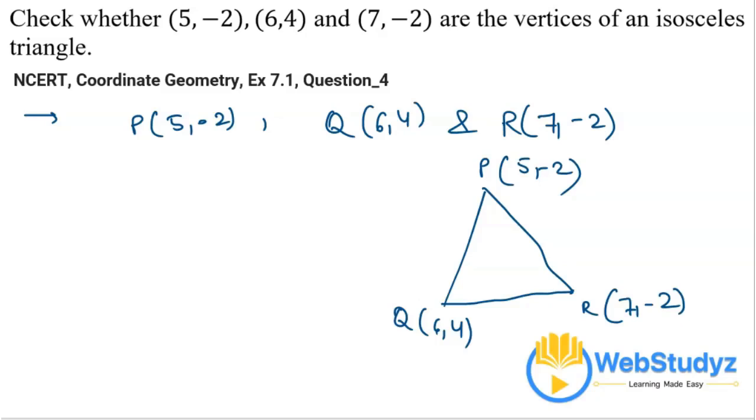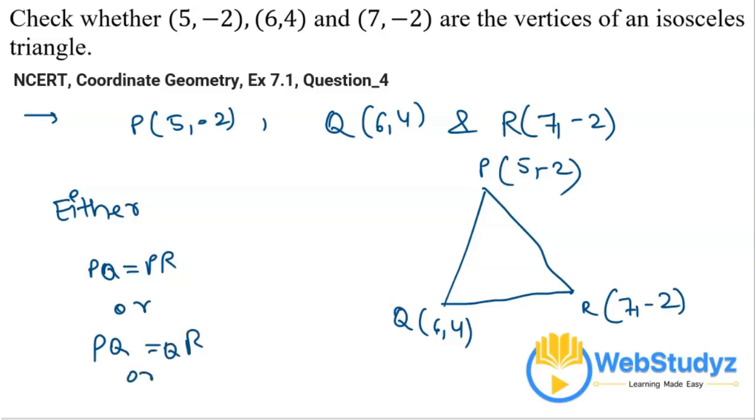So we have these points. In order to prove that it is an isosceles triangle, any one condition must hold: either PQ is equal to PR, or PQ is equal to QR, or PR is equal to QR. If any one of them is satisfied, then we can say that this triangle is an isosceles triangle. So